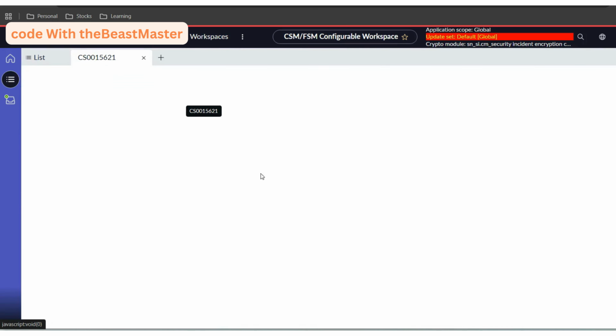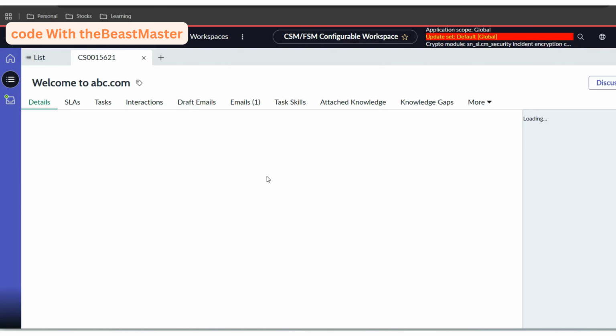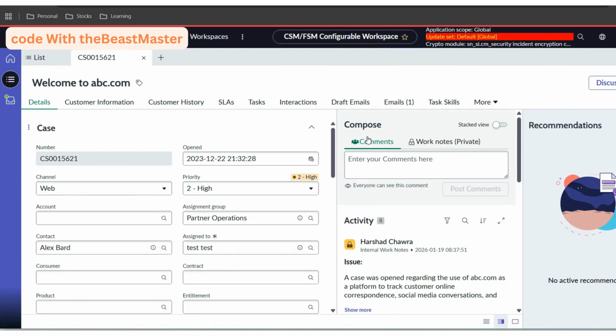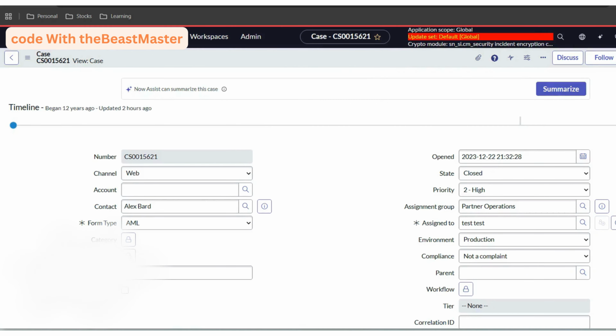Let's open this case, and the summarize option should be available somewhere over here in this compose section, but it is not visible right now. So to be able to fix this kind of stuff, where summarize option is not available by default in the workspace, but it is available in the native UI as we have already seen, what can be done in this case is, let's navigate to the